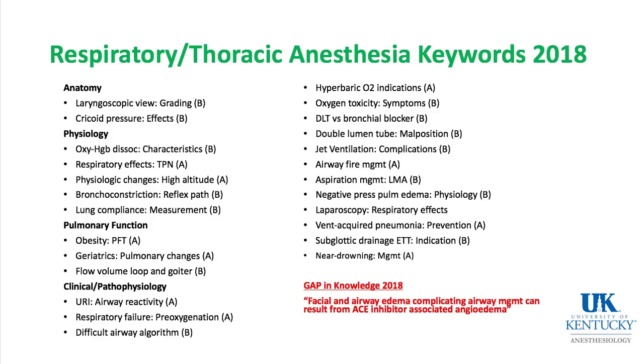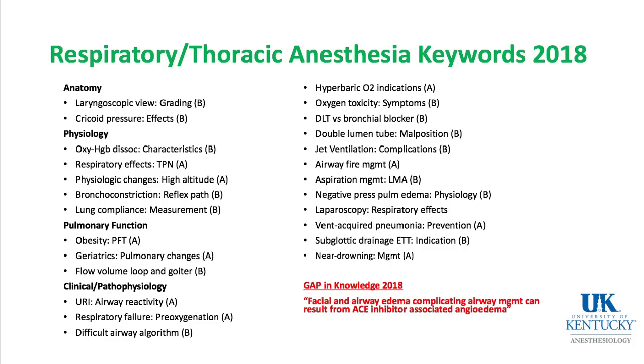Under physiology, other things like TPN and its respiratory effects, high altitude and the physiologic changes that occur in the respiratory system when we're at high altitude, bronchoconstriction and its pathways, lung compliance and how we measure it, and then under pulmonary function, the effects of obesity and aging on pulmonary function, and a goiter on flow volume loops. Under pathophysiology, upper respiratory tract infections and airway reactivity that can occur thereafter, respiratory failure and how to preoxygenate adequately,